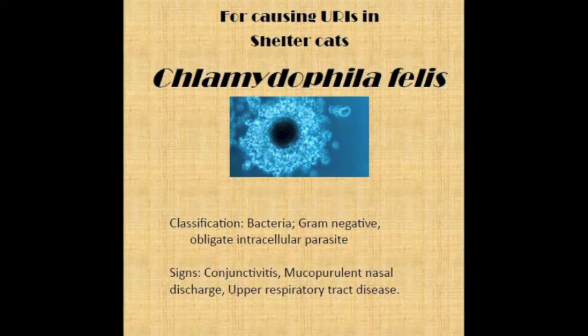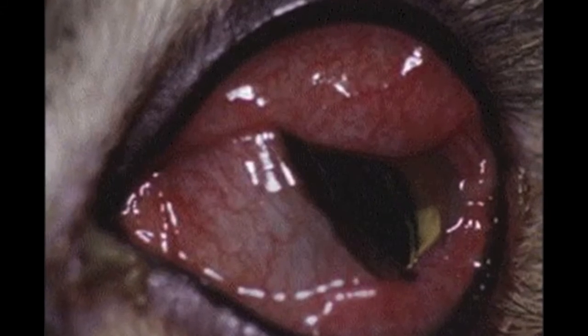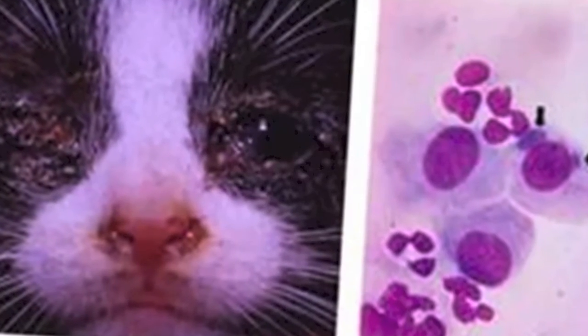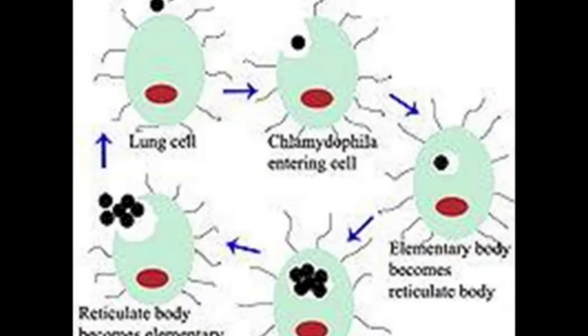Number 4 most wanted. Chlamydophila felis can be a chronic perpetrator of conjunctivitis, mucopurulent nasal discharge, and pneumonia. Chlamydophila felis can be identified as a gram-negative bacterium living inside the cat's own cells. This perp takes over epithelial cells where it multiplies until the host cells pop and then moves through the cat's